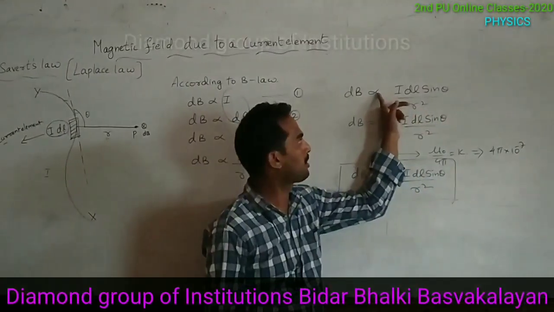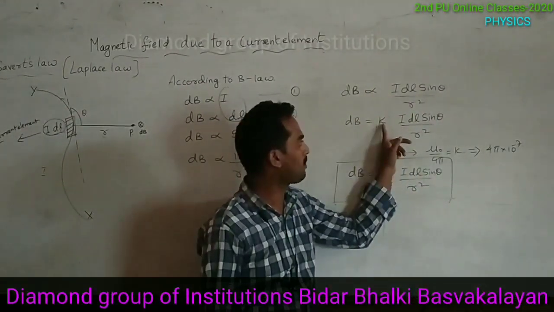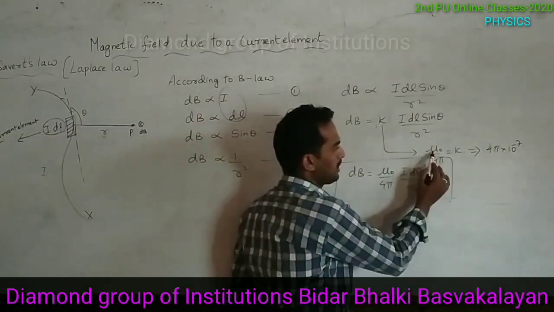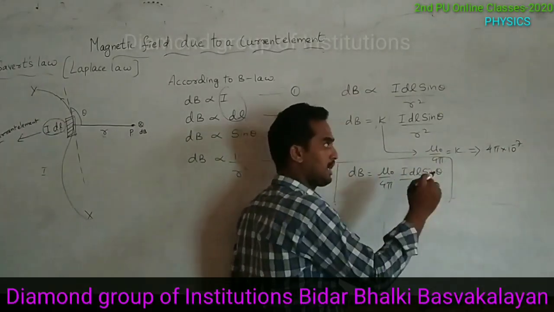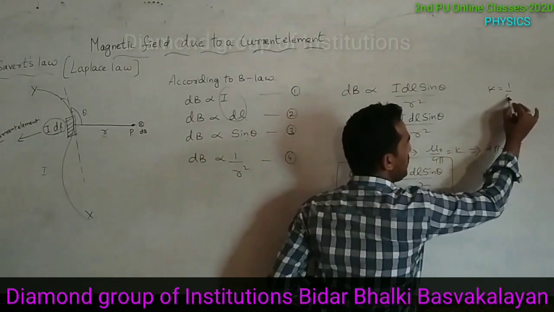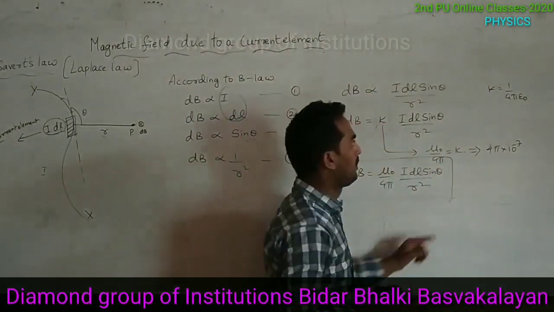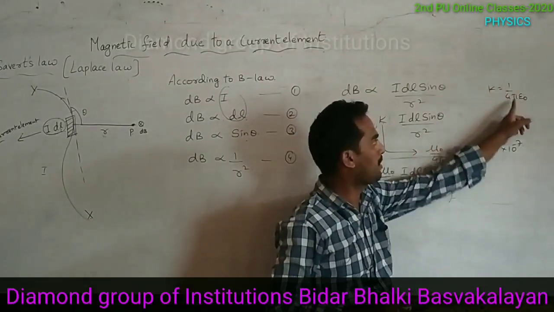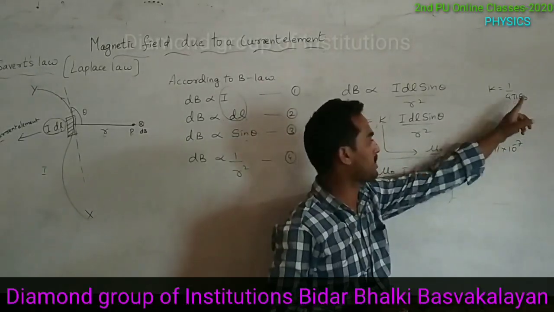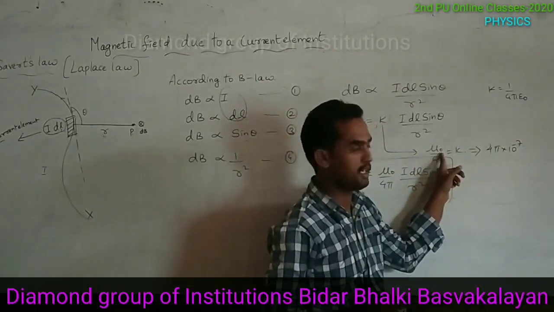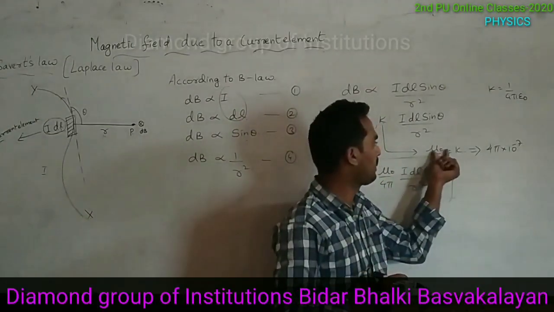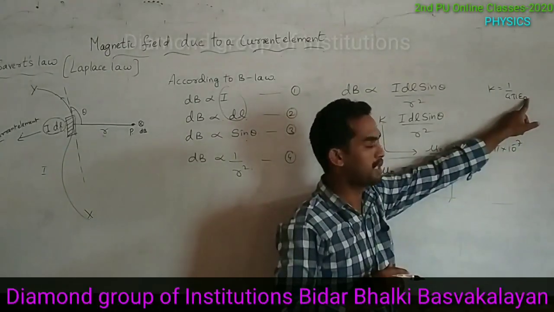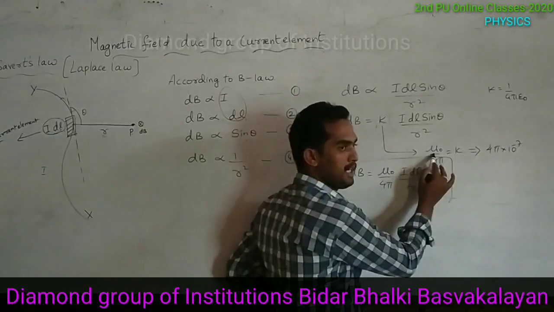If you remove the proportionality, we write the constant as k. k is called the constant of proportionality, and that k is nothing but mu naught by 4 pi. Whereas in the electric field, we write k equal to 1 by 4 pi epsilon. Yes, in Coulomb's law, that is in the first chapter, in place of k we write 1 by 4 pi epsilon. This is called the permittivity of free space, whereas this is called permeability. Where the magnetic term comes, it is permeability. Where the electric force comes, we write permittivity. So this is called the permeability of free space.